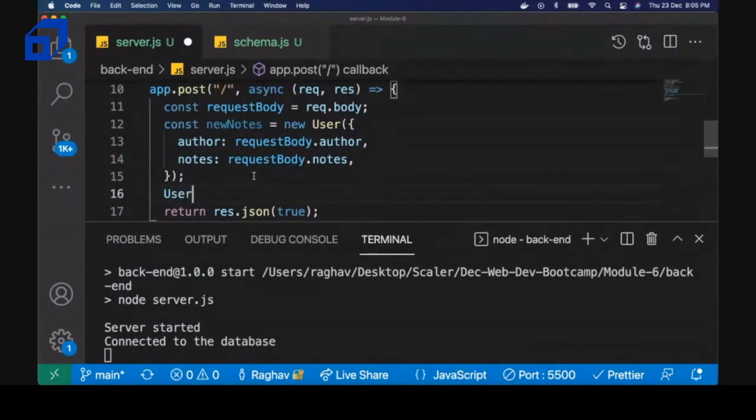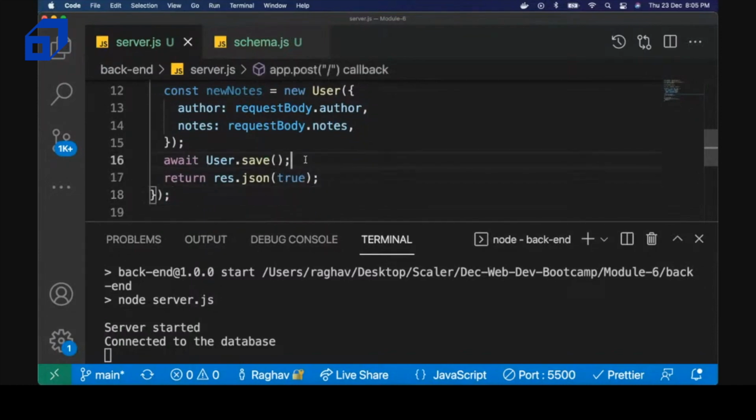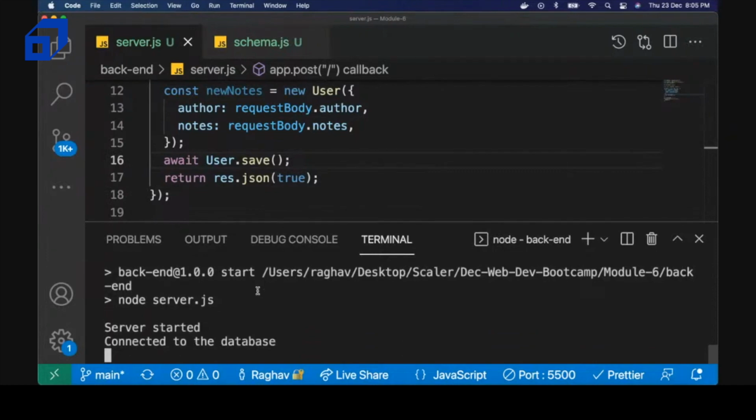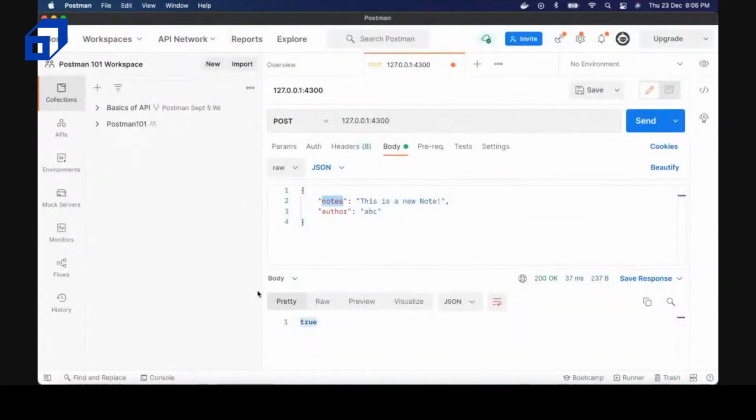So basically user dot save, but saving consumes some time. So I would be writing await over here to wait for the data to be saved within our MongoDB server, and then the response is sent. Now I hit refresh and restart my server. When you make any changes to your server, you have to restart it so that the changes are reflected. And again, when I hit send